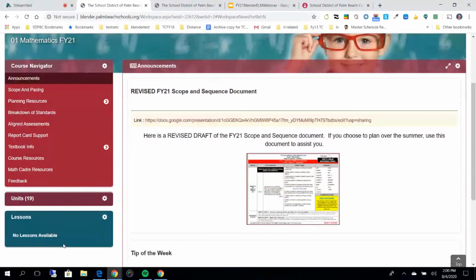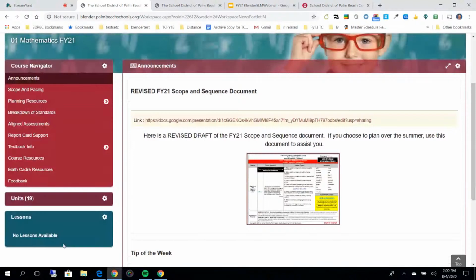Other similarities across all the courses that you should always be able to find: if it's a course that supports a teacher in teaching a particular class, the key things you should be able to find will be your scope and pacing information. The course level stuff should be things that are relevant all year long, so you always need access to the scope and pacing. In the math course, for example, they're using embedded calendars to help teachers visualize the school year.